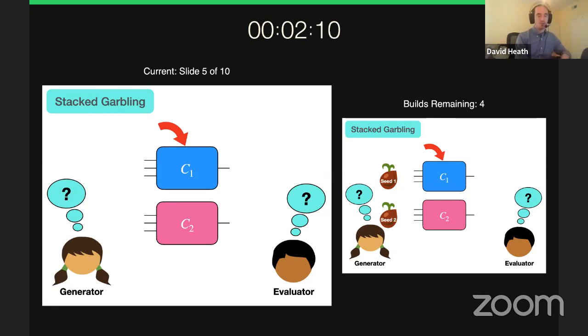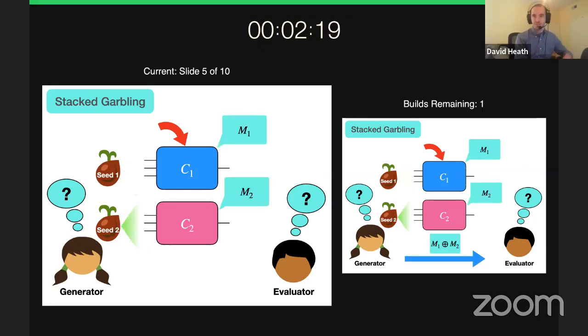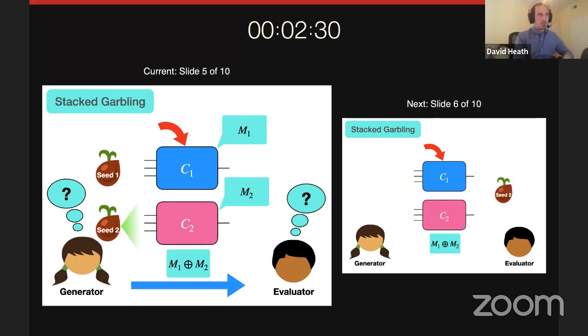So our approach is as follows. First, instead of having only one seed, we have one seed per branch. The circuit generator constructs encryptions of each of the branches in the conditional to get, in this case, strings M1 and M2. The key point is that instead of sending M1 and M2 separately, as would normally be done, we instead send their bitwise XOR, M1 plus M2, which is of course shorter than sending the two strings separately. This bitwise XOR is the source of our improvement.